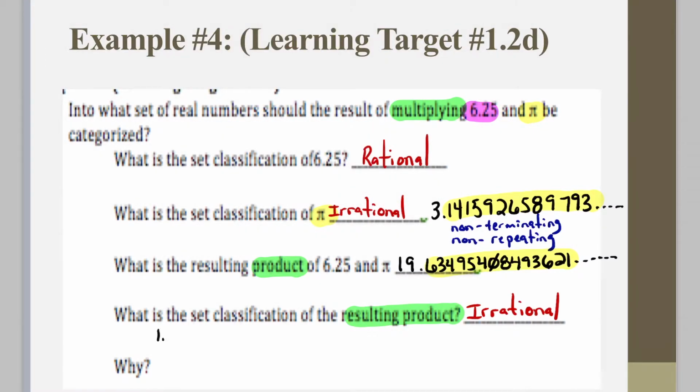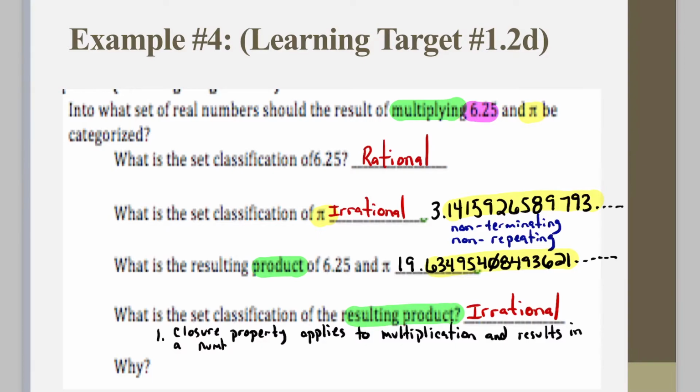Well, the first reason is that the closure property applies to multiplication and results in a number categorized or classified. Let's use classified because that's the terminology we're working with. Classified